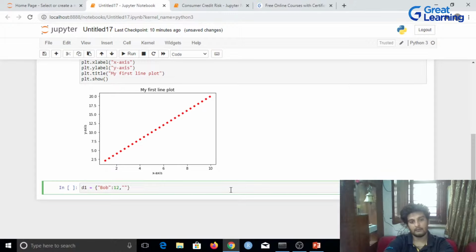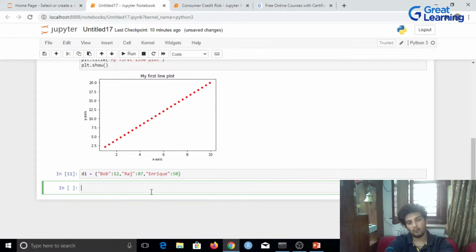Then I'll have someone called Raj and I'll give him 87 marks, and then someone called, let's just call him Enrique, and let's give him 50 marks exactly. Now that this is set, I'd want to extract the values from over here. First I'll have d1.keys, and with the help of d1.keys, let me run this and show you what I'll get.